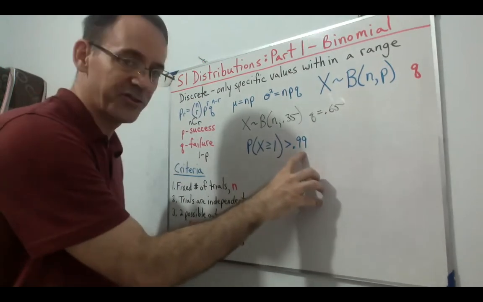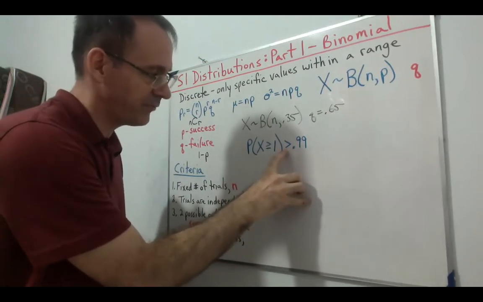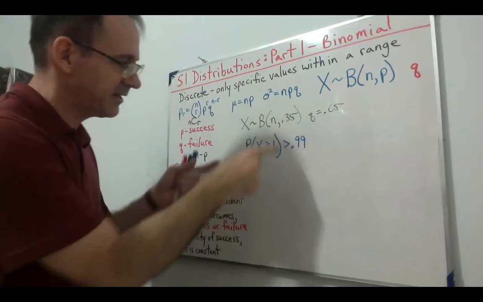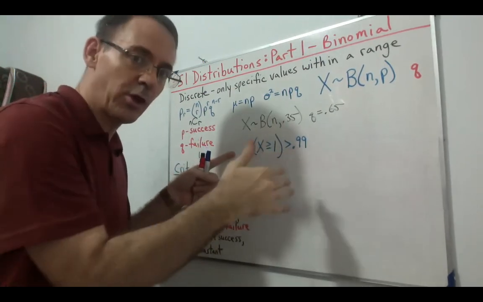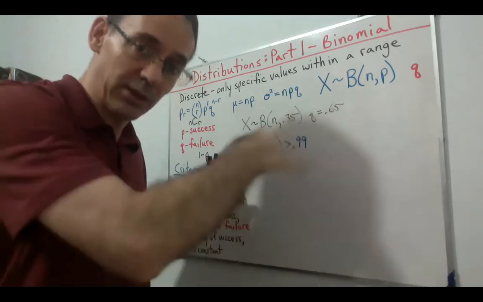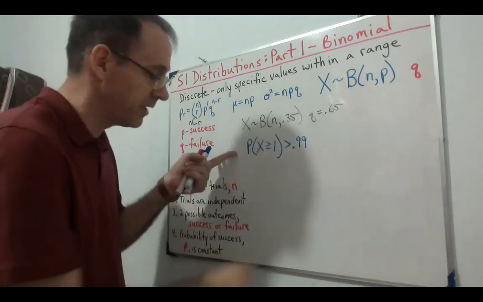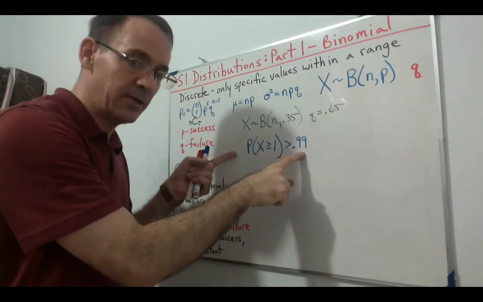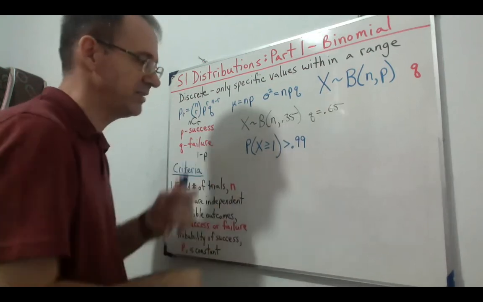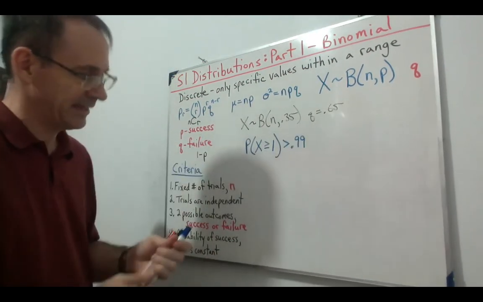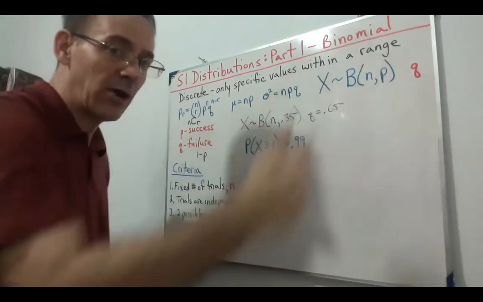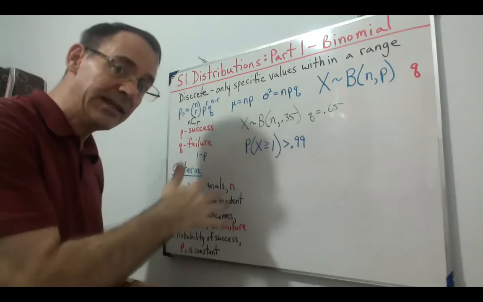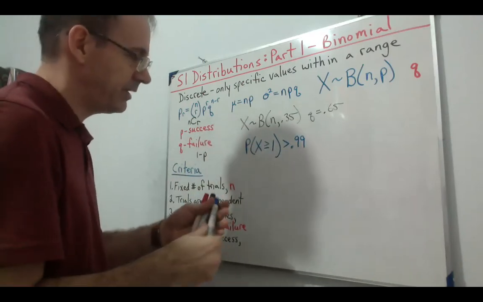Sometimes this is called small p here. If you put your answer, technically when you write this out, you could put equals small p, and small p was the answer to the problem that we found out in the previous examples. So now the small p, or the probability, is given to us, and we've got to figure out n. Now, obviously, greater than or equal to 1, we don't know how much we're counting up to, but we can count down. So this would be the same thing as not